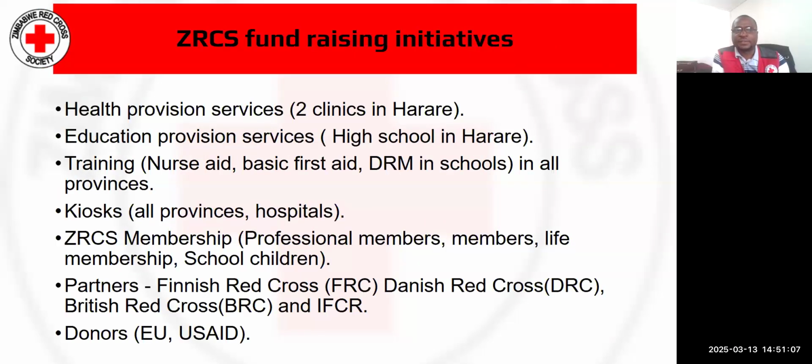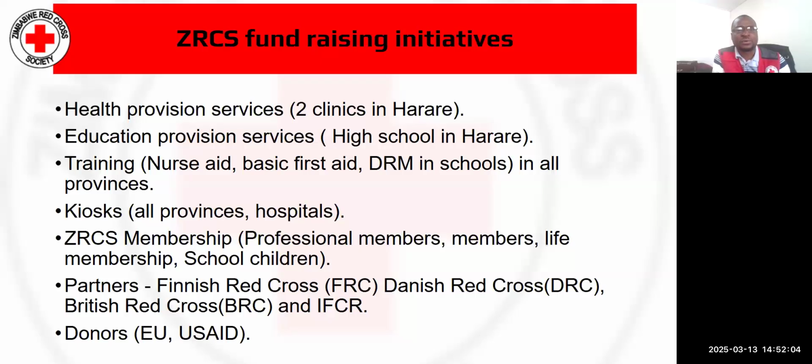And then on Zimbabwe Red Cross funding initiatives, I think we all agree that the funding space has been shrinking over the years, and recently I think it has become worse. But we have tried to be innovative enough so that we have business continuity as we do our operations. So we provide health services in Zimbabwe, and we have clinics in Harare, the capital city, where we provide medical services, and the community in the city pay for these services. And we also have education services, where we have a high school in Harare, and we have an enrollment that pays for the service, and we are also able to raise funds for the organization to continue with its mandate